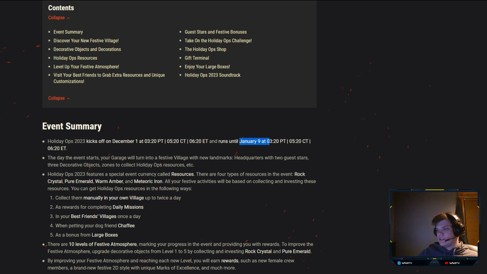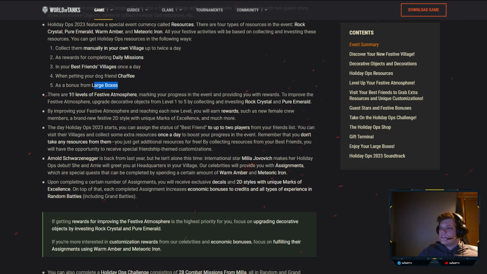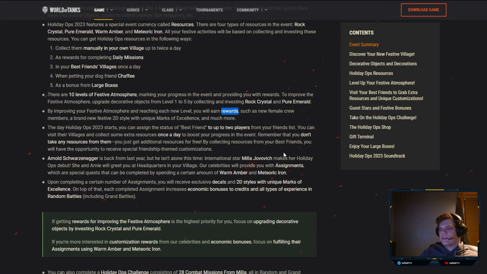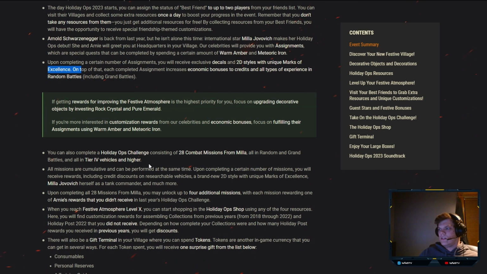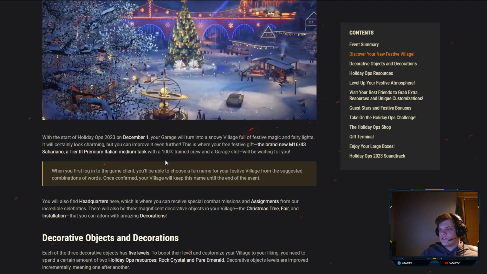Alright, get resources and collect them in the village, daily missions from your friends' villages, from Chaffee, and from large boxes, obviously, because it wouldn't be a Wargaming thing if you couldn't buy their resources. 10 levels of Festive Atmosphere, as always, which you upgrade using your crystal and your emerald. Then you can earn rewards, which I think they show down at the bottom. You can get all your different commanders. Then you got 28 missions from Mila, gives you discounts and such. So let's just go down and see